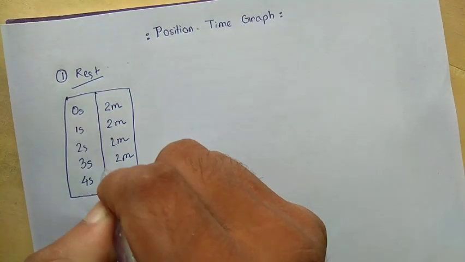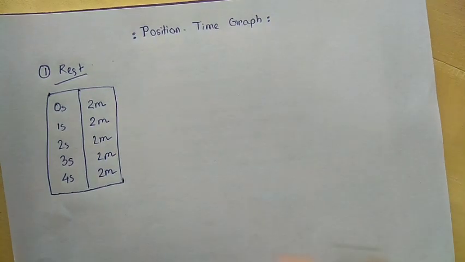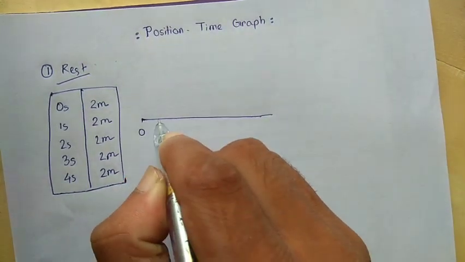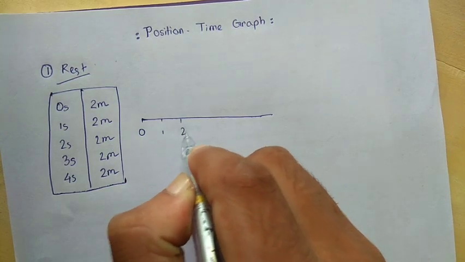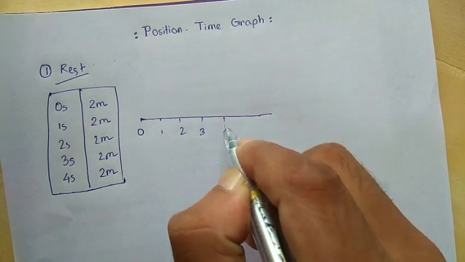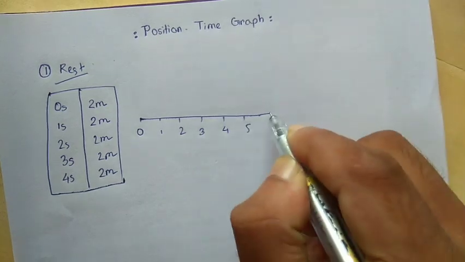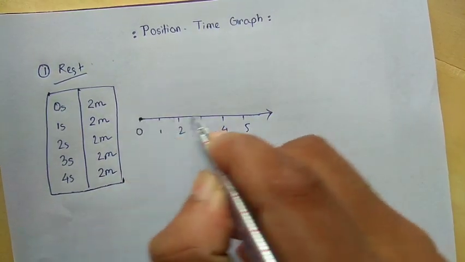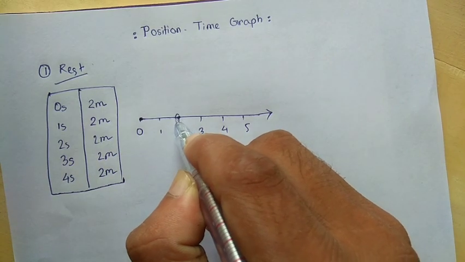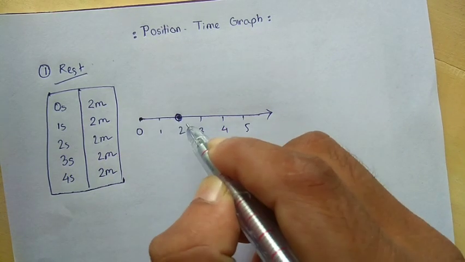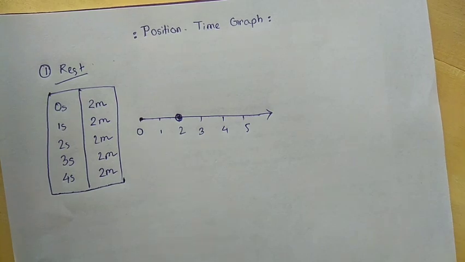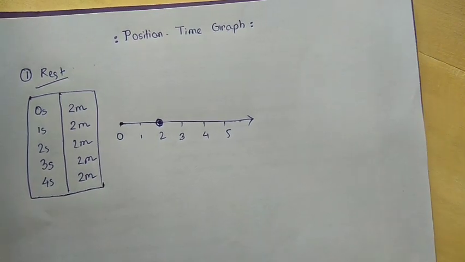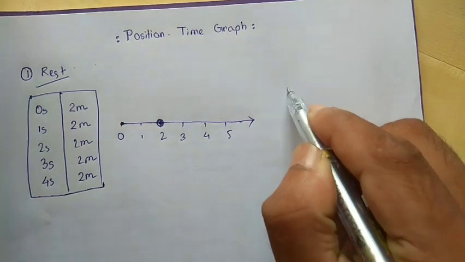If we put this table in this graph, or like a number line, then how will it be? If it is such a situation, then the body will be at 2 in this position for the whole 4 seconds. Right? So for such a case, if we draw a graph